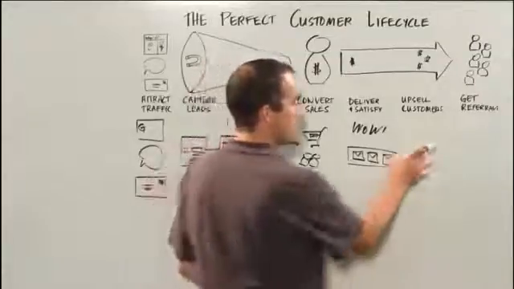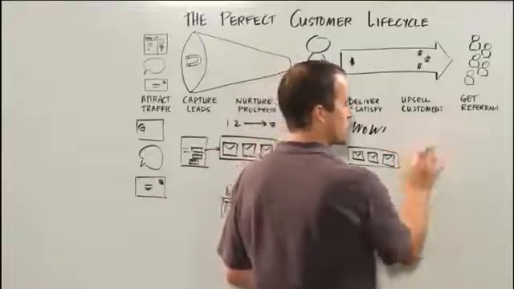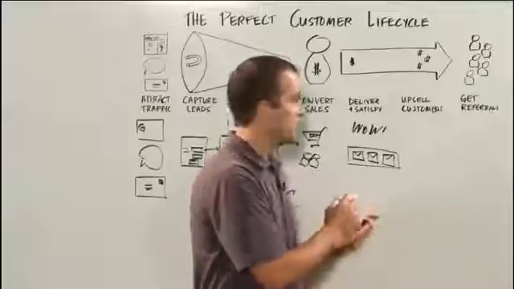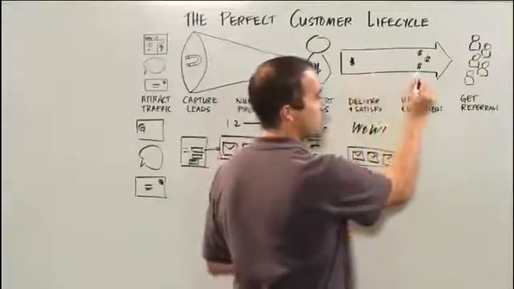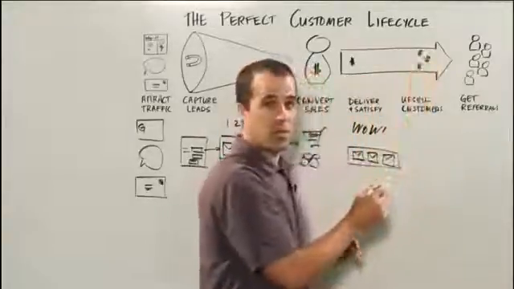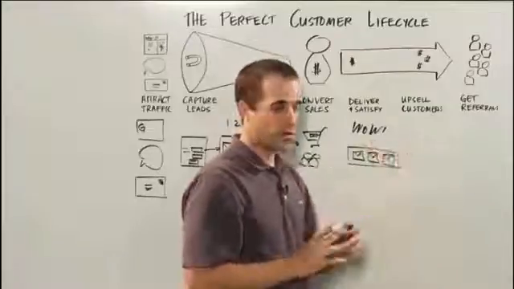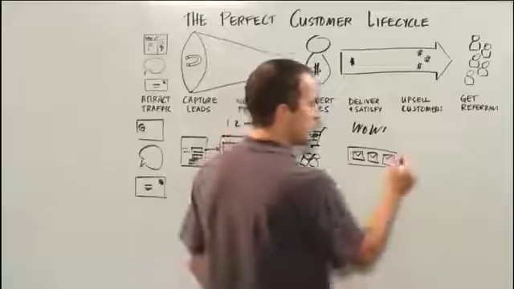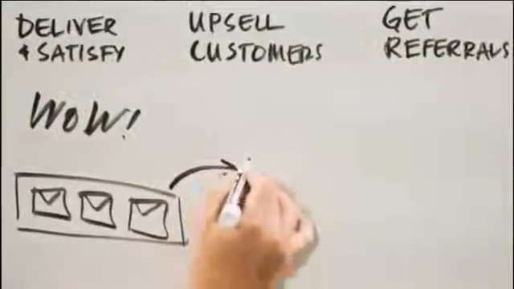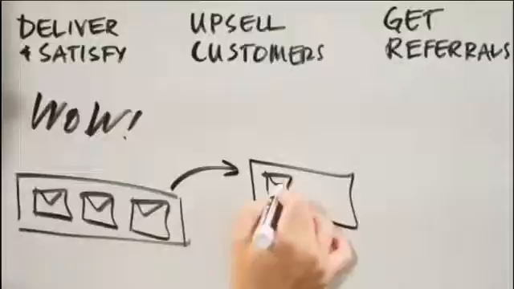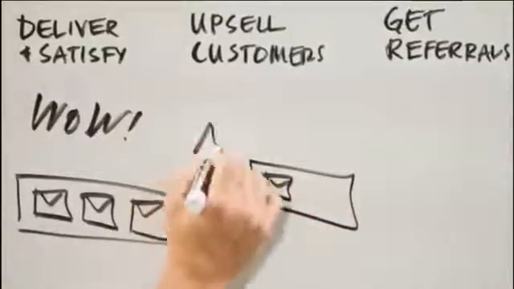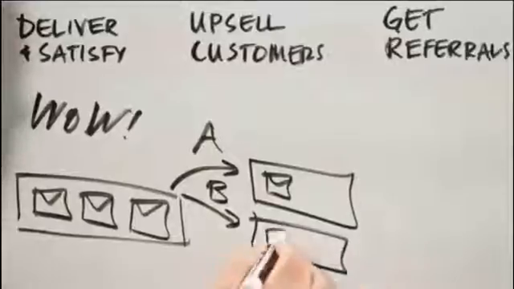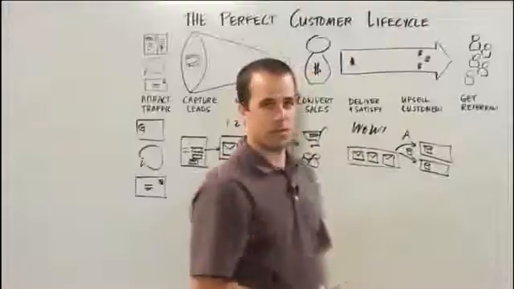Okay, and then the next two things is we're going to have intentional programs in place to make sure that we're upselling customers that have already purchased one time, and we're going to take that one-time purchase and maybe get them to buy more frequently. We may get them to buy higher-end items. We may cross-sell additional items, but we're going to find different ways to turn that one-time customer into a repeat, and we'll have specific offers. We'll offer one thing, and if somebody bought product A, and somebody else bought product B, we might be offering them different upsell offerings that relate to what they bought initially.